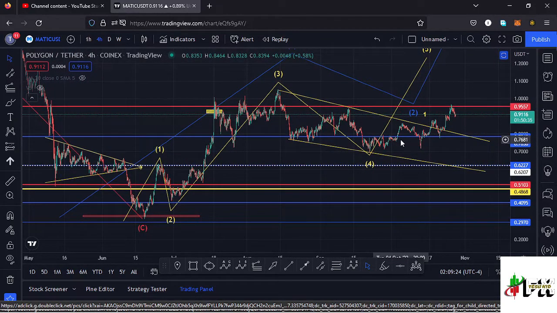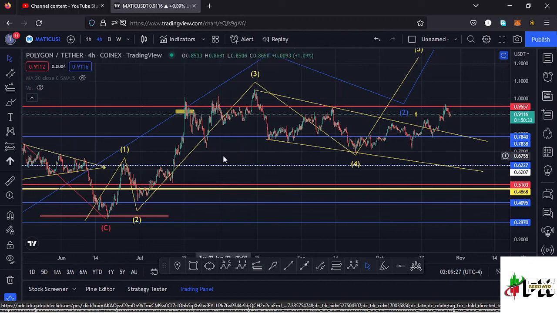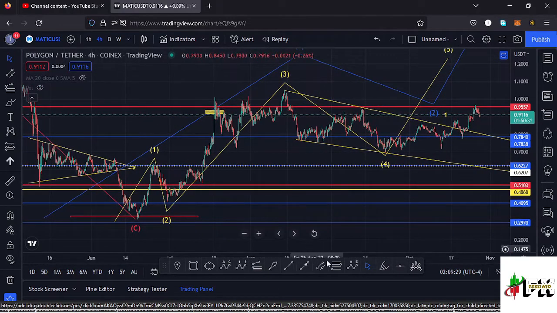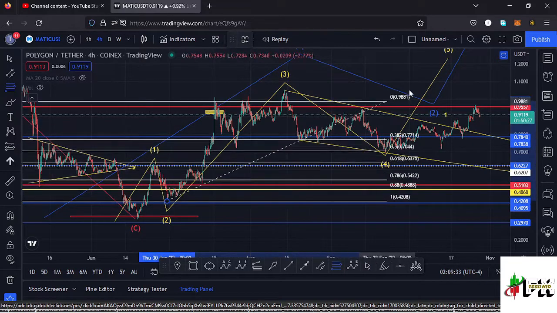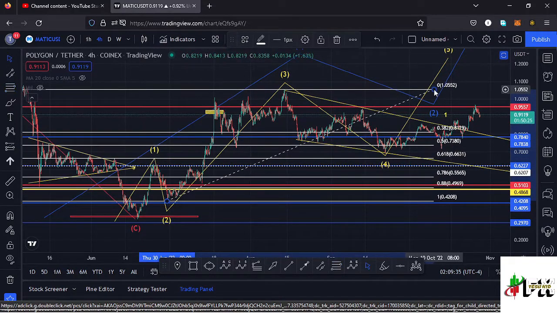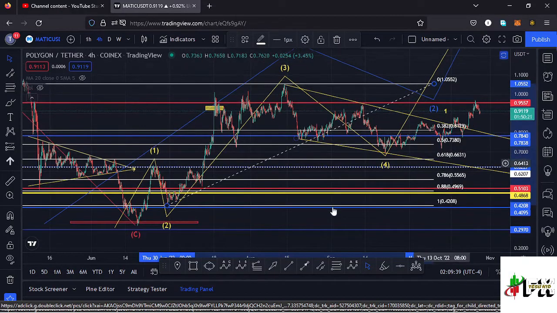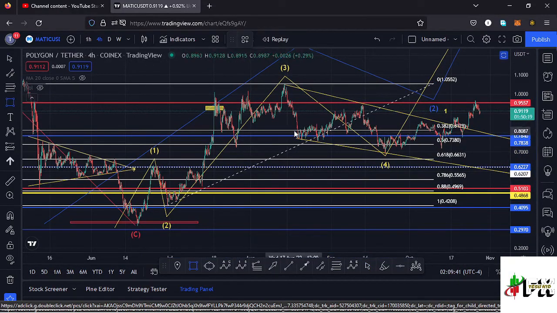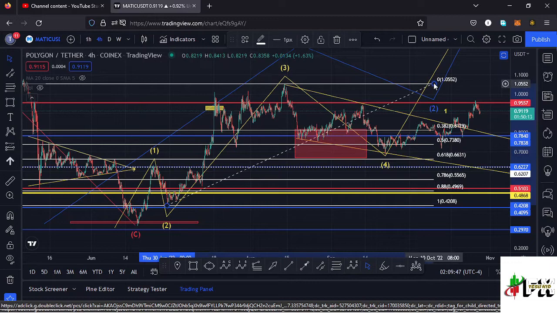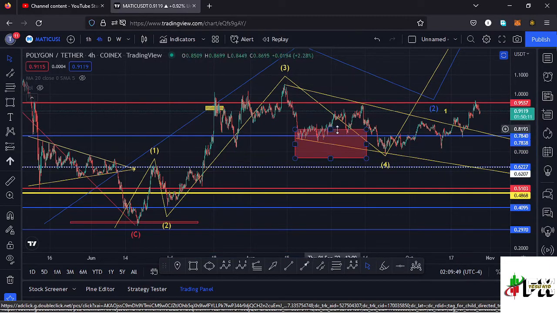After making that high, we have been seeing a bit of a retracement over here in the formation of a wave 4, and because a fourth wave is a retracement of the third wave, we can use the Fibonacci's, connecting them from the low of the wave 3 to the high of that wave 3 to give us a minimum retracement area between the Fib level 0.382 and the Fib level 0.618, and I can mark that target area here on the charts like that. You can see Polygon Matic has continued to respect that movement into this target area, which perfectly lies between the $0.81 mark and the